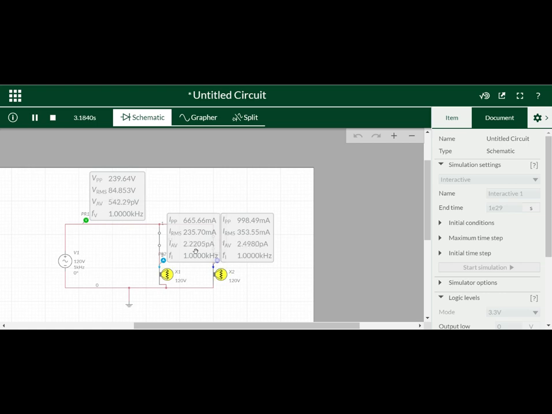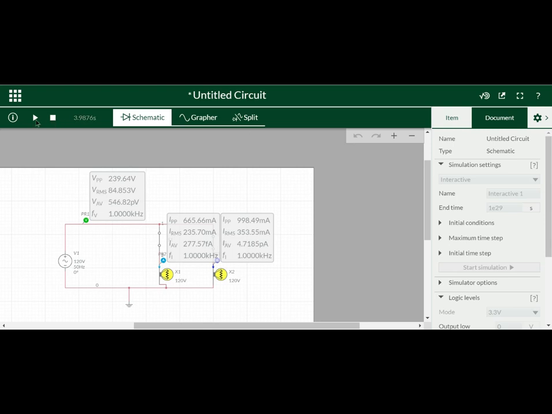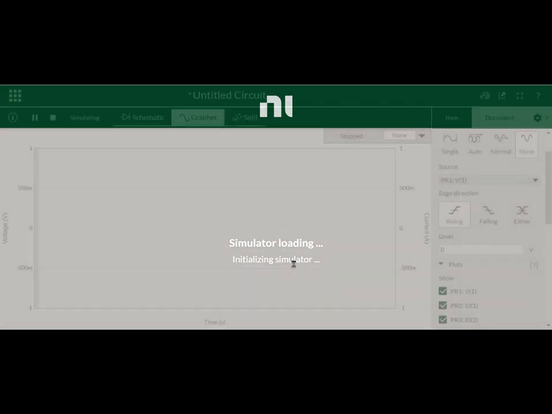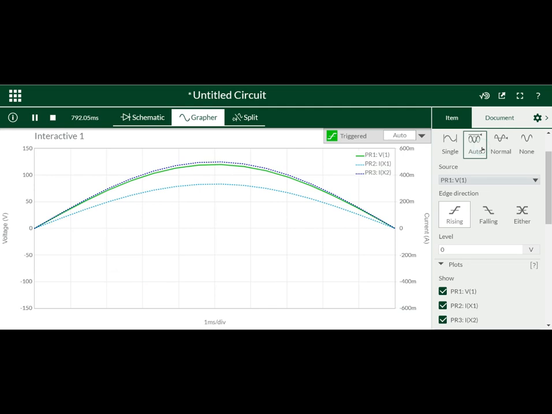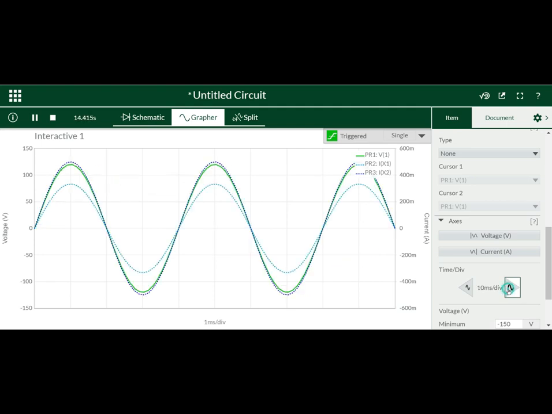Then in the grapher, you have to click auto so that it will stop.